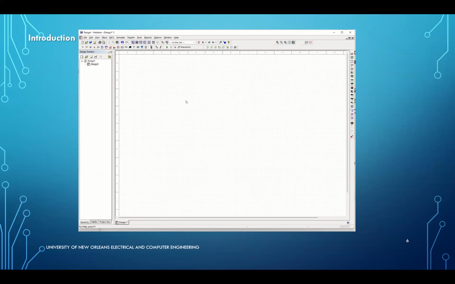You will see something very similar to this. Your own screen may be a little different on some of the components you'll see in the menu here, but most of it, you're going to see a breadboard area, the area where you're going to build your circuits. We're going to put the components and run the simulation. And obviously, you're going to need components, and you're also going to need instruments to measure voltage, current, and anything else you need to measure. And on this area, you can see on the right-hand side, this vertical area here has the